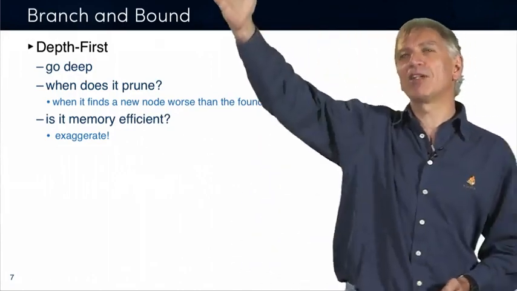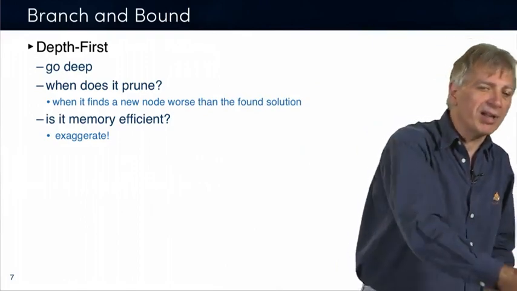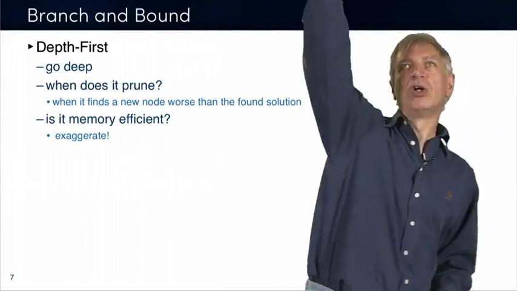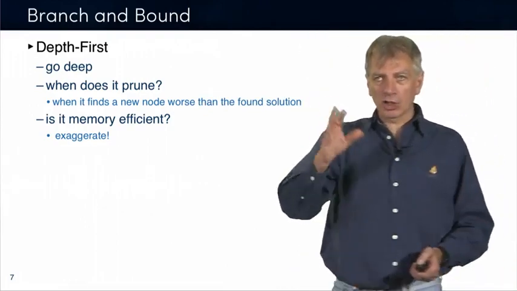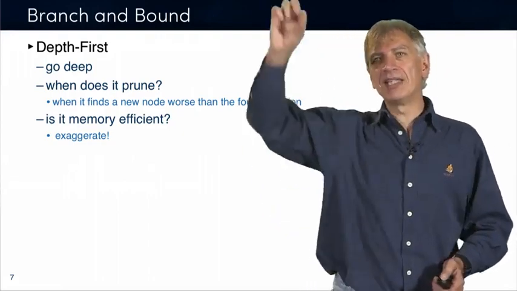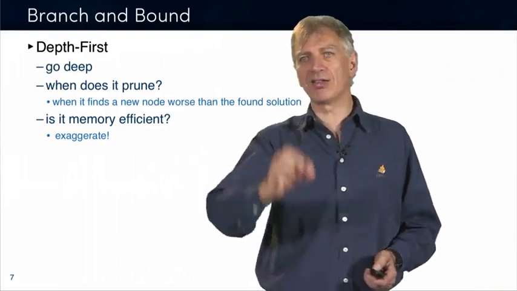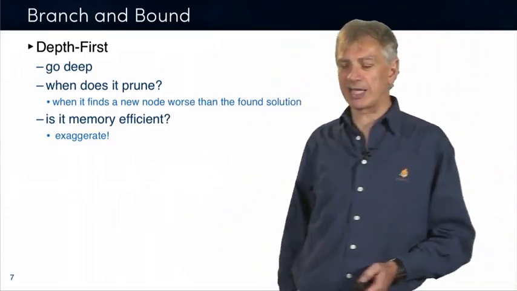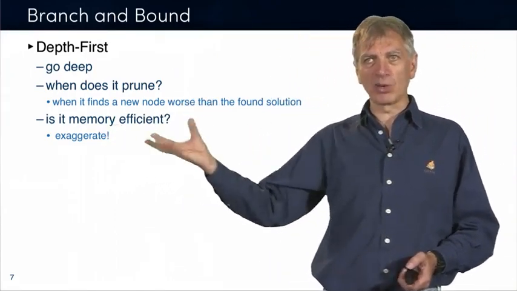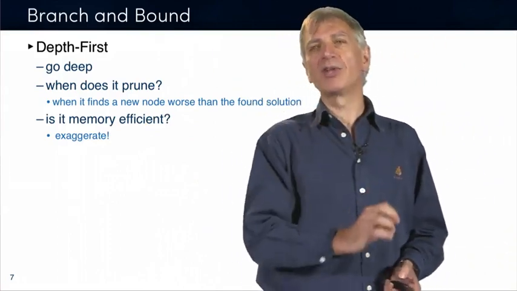Well, it's very simple, right? So you always go left, left, left, left, left until you get stuck, okay? So essentially the number of nodes that you can accumulate in memory at any one time is essentially the length of that particular branch, which in this particular case is the number of items that you can put in the knapsack. So yes, it's actually pretty memory efficient because you look at every one of the items,